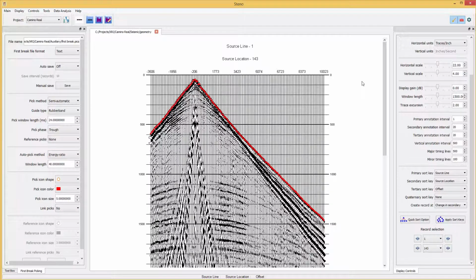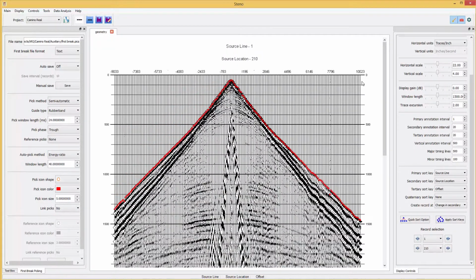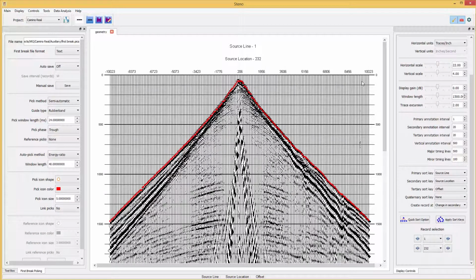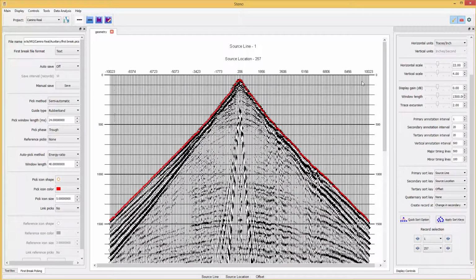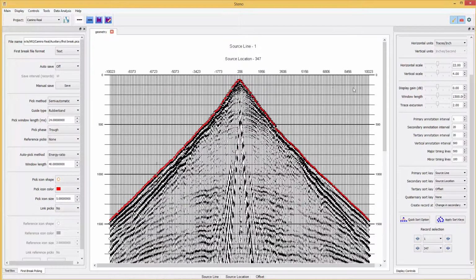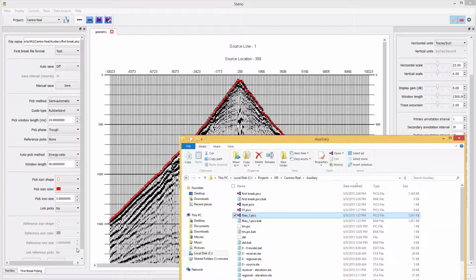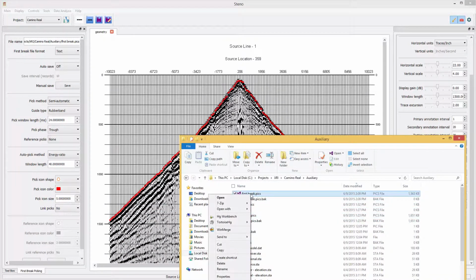So anyhow, we can go through here. I'm clicking through with the keyboard, but for 240 channels, you can see you can click about as fast as you can click, it will pick. So we're at 359, so we're about halfway through this data set, which contains 100 and some odd records. If we save that file, and then I look at that file,